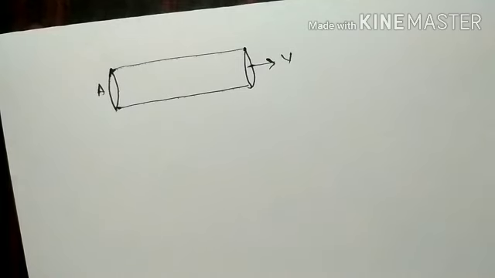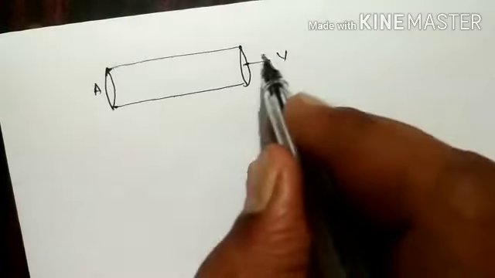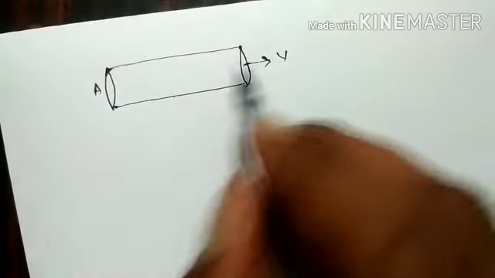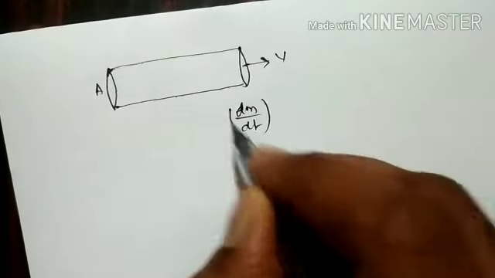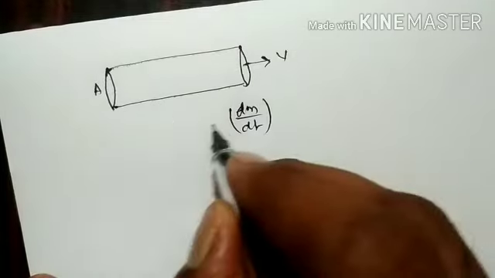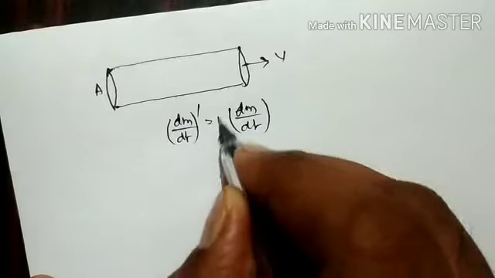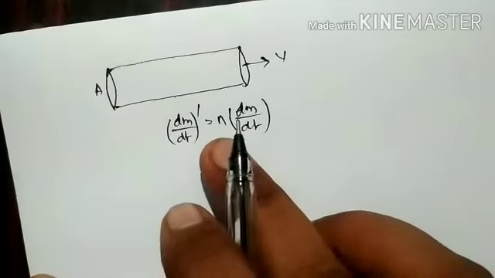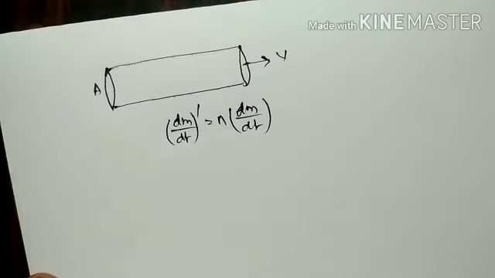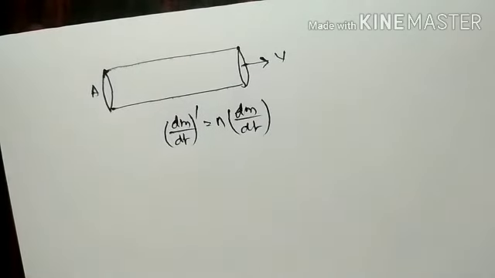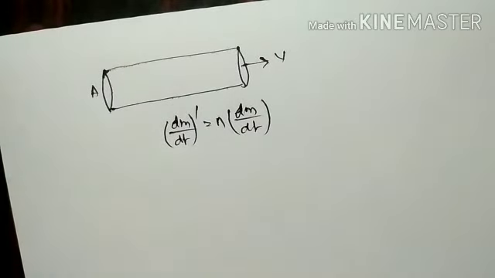If I want to increase the amount of water n times, the rate of change of mass... A pump is used to deliver water at a certain rate from a given pipe. Some amount of mass of water is coming out, and this is nothing but dm by dt. If I want to change this by n times, so that dm dash by dt dash is equal to n times dm by dt, what must be the force delivered by the pump and what must be the power delivered by the pump? The pipe is the same. So how can we understand this problem?